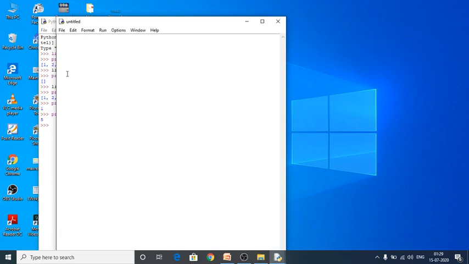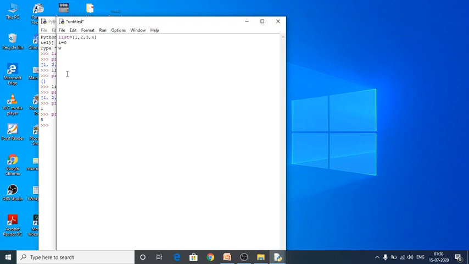And for that I'm going to create a new interpreter. So here I'm going to give list is equal to 1, 2, 3, 4. Next I'm going to give i is equal to 0, which means it has to start from the 0th position itself.